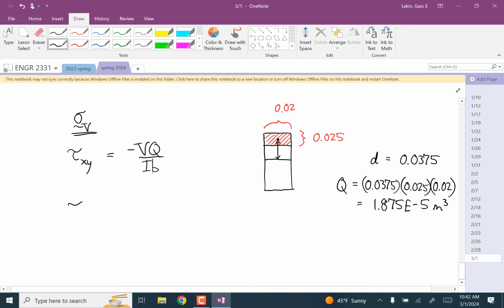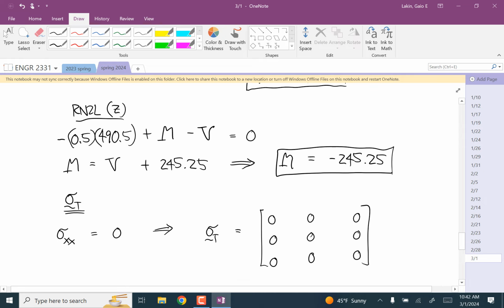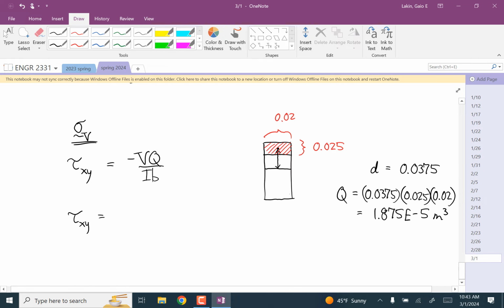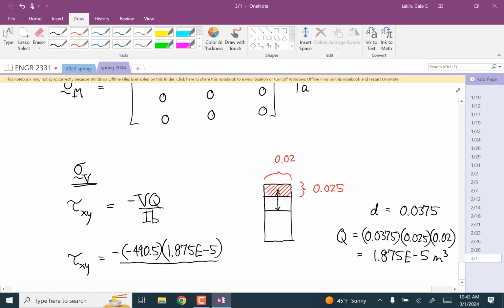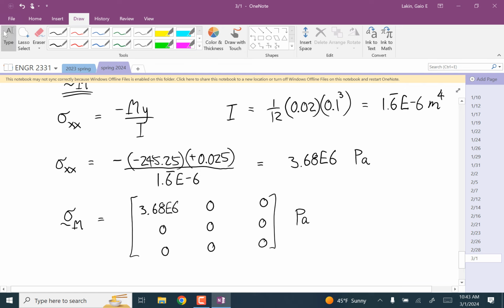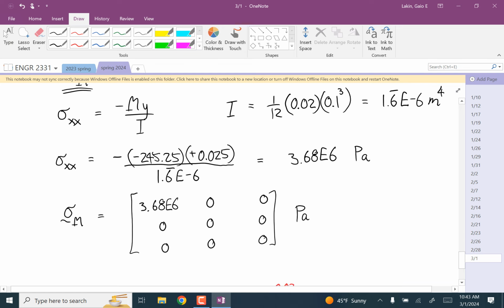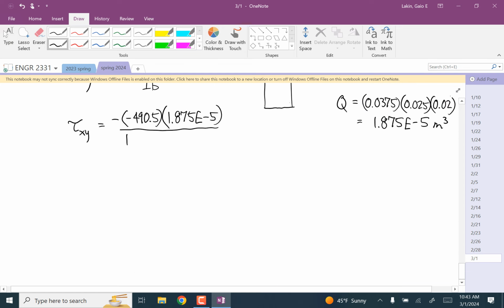Okay, so now tau xy is equal to, what was our shear force? Negative 490.5. So we have negative of negative 490.5 times Q of 1.875 times 10 to the minus 5, divided by the area moment of inertia that we did in the last one, 1.6 repeating times 10 to the minus 6,